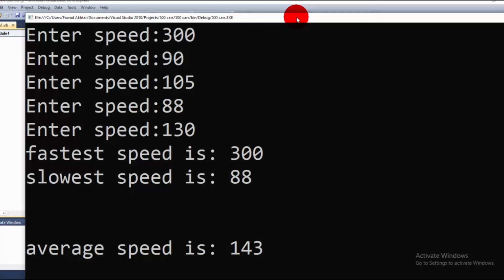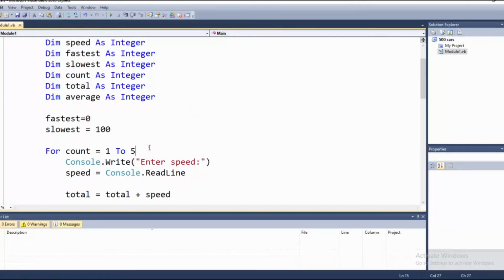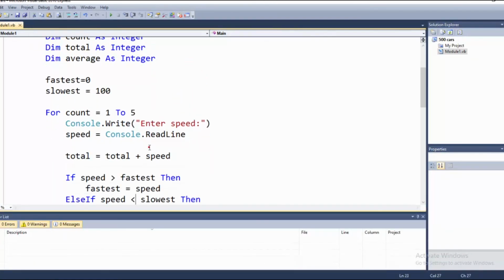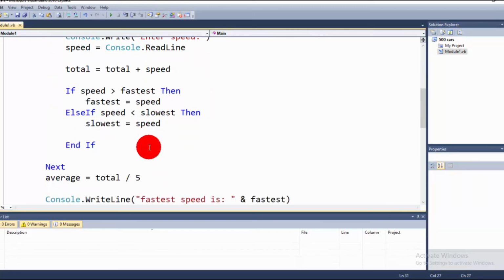Now we got the final result that yes, our application is working, because we have done a few tests, and we reduced the number of cars from 500 to 5. It means that our application is working perfectly. So we have to just